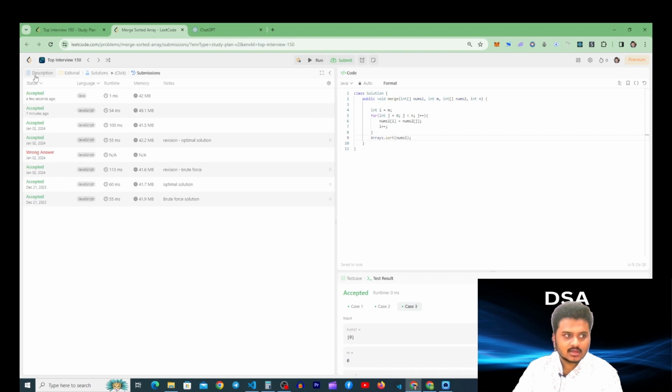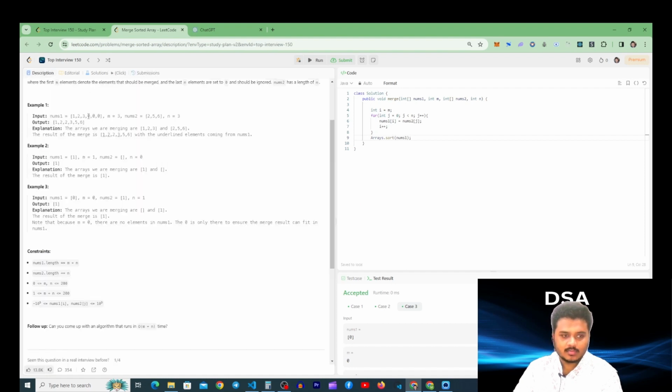Right, so let's summarize this problem. What we did: we placed one pointer i at m, and one pointer j at the starting element of the second array nums2, and we loop through it and place one element at a time in this array, then we sort the array. And the time complexity for this